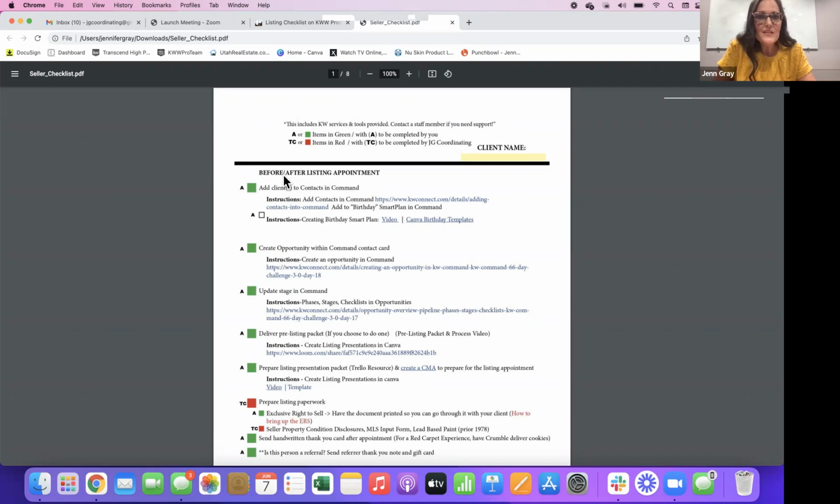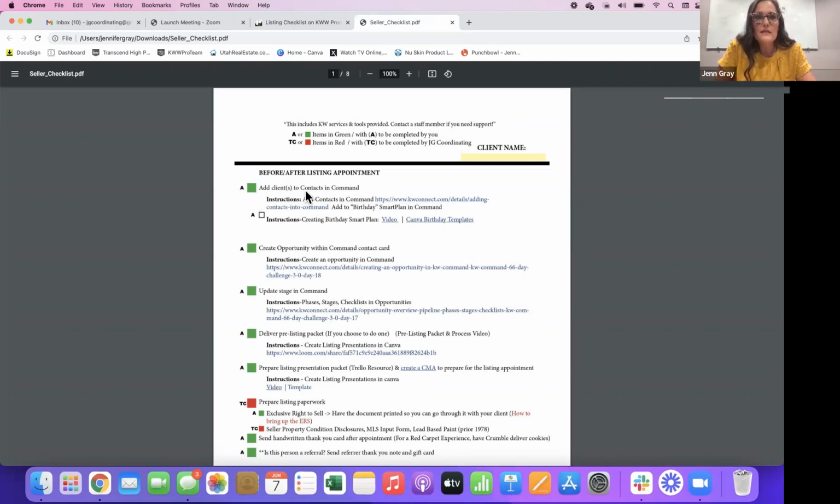Okay. So add your clients in Command. That's going to be one of the first things that you want to do, is to add your client into Command. You can find right here,